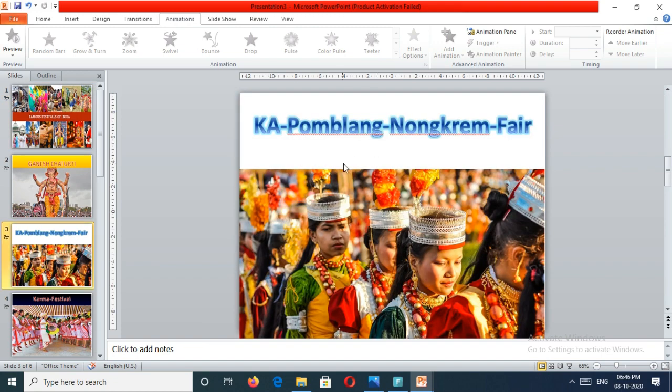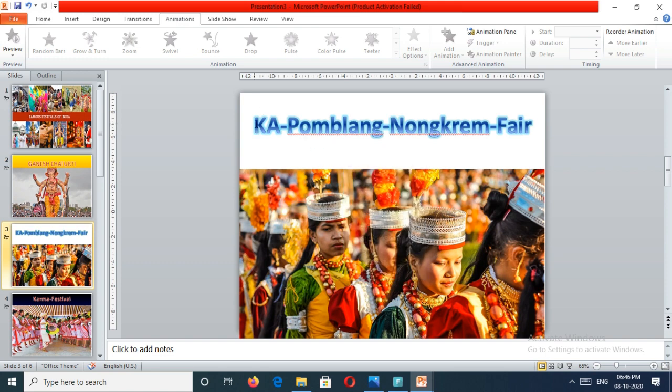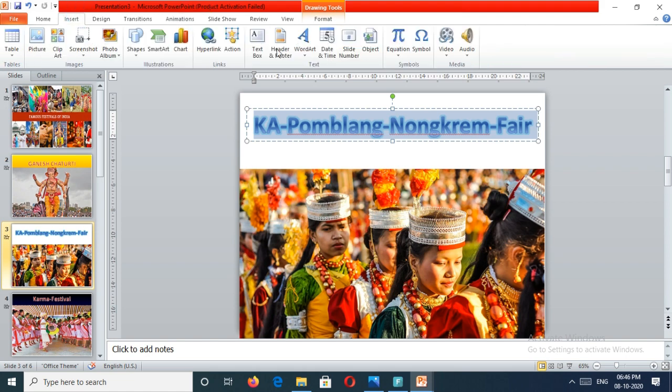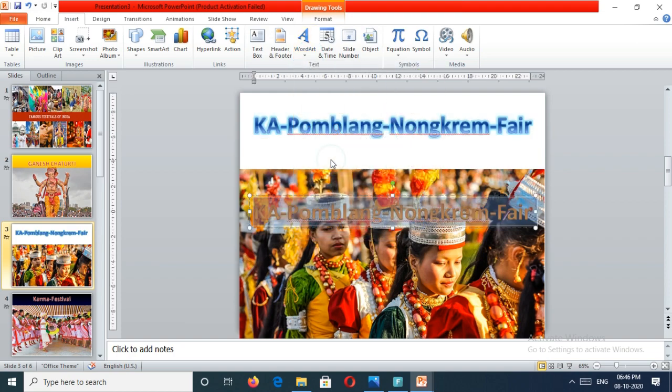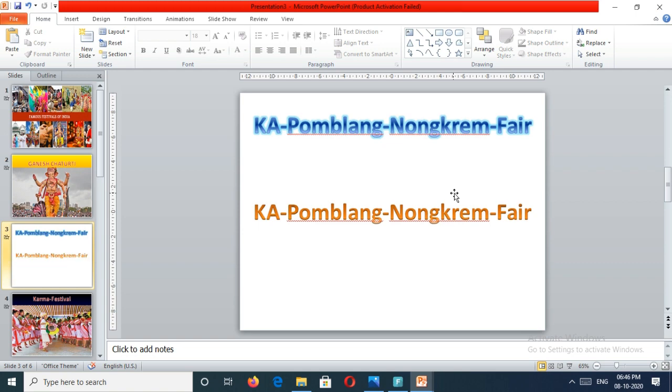Then if you want to change the background color, you know how to do this one. Change format background like this way. And if you want to type something, how can you type? Using insert WordArt or take insert text from here. I used insert WordArt. And if you want to change the shape, you may select the thing.